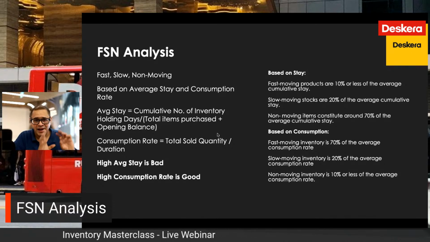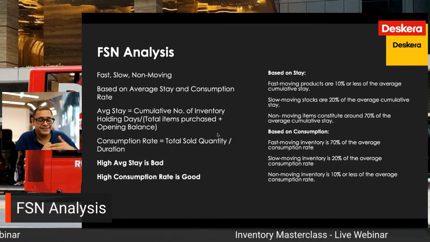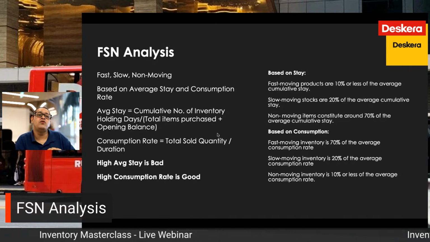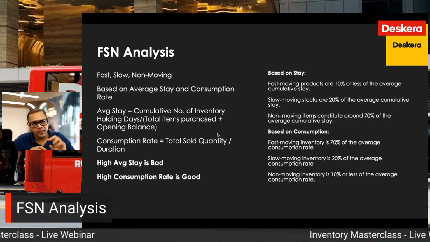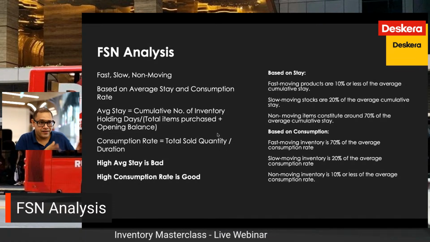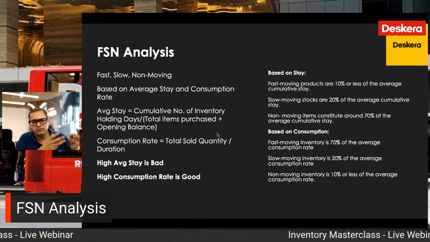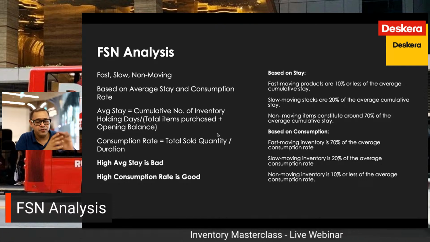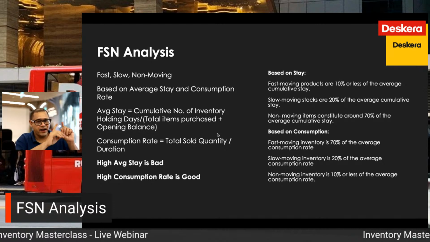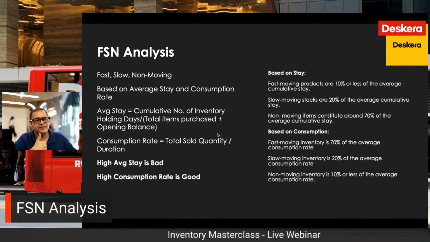And then the other parameter on which you can rank or categorize your products is the consumption rate, which is basically total sold quantity divided by the total duration. So if in a period of 300 days you sold 500 items, then your consumption rate is 500 by 300, which is close to 1.7 something, right? So basically you are selling 1.7 units per day, and you get these two numbers for every single product or item in your inventory list. You put it in a table,